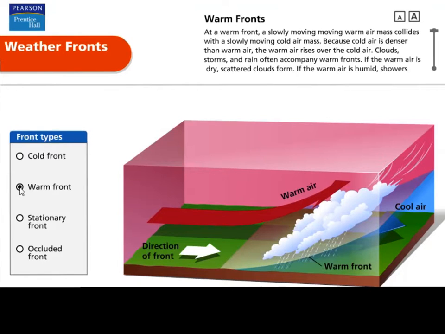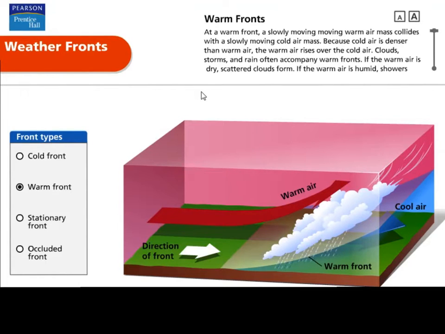You've got colored pencils or crayons to use. Make sure you're labeling, because the more detail you have in your diagram, the higher your score. So now, click pause whenever you need to. Warm fronts, what it says at the top, so that you can fill in the type of weather associated with